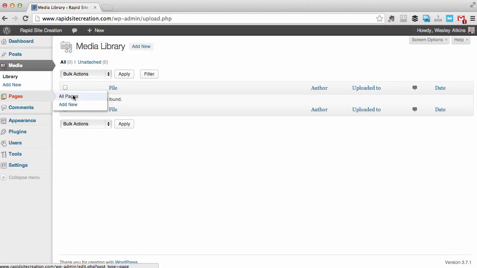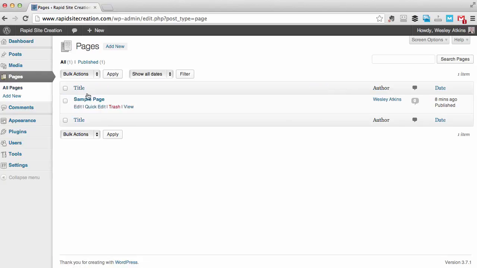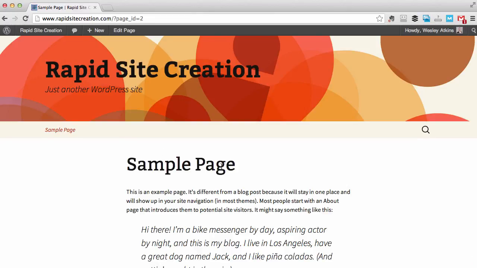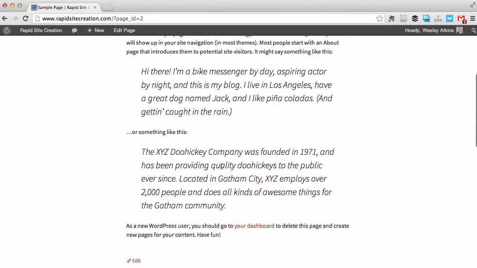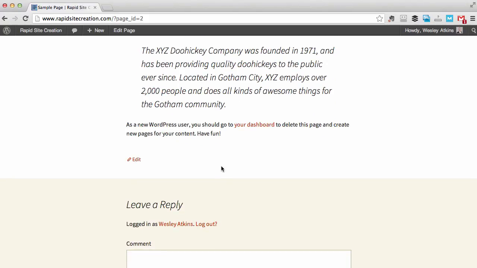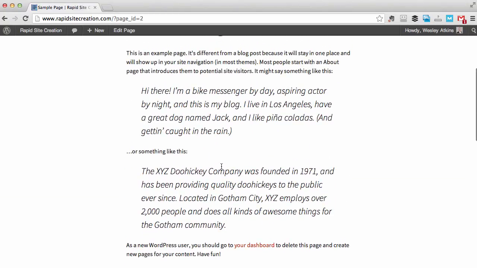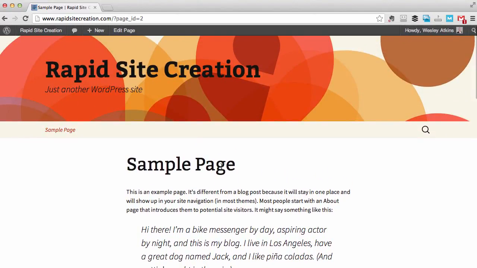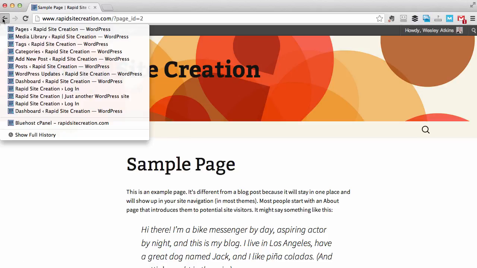Underneath pages and all pages we can see the pages that are in the site, and there's a sample page here. We'll click on view. Now this is different from a post, as in this is a page like you would set up, say, an about page or a terms and conditions page. And your website can also be styled to look like a traditional website as opposed to a blog, and for that you can set up a lot of different pages as such. Okay, let's go back,